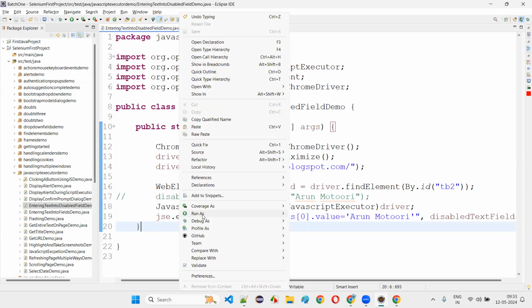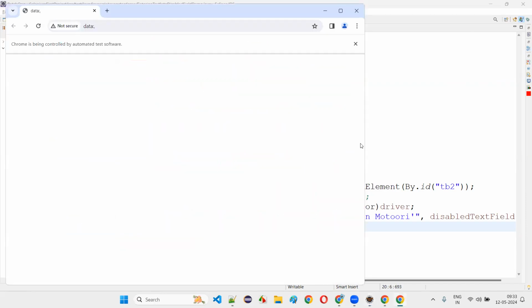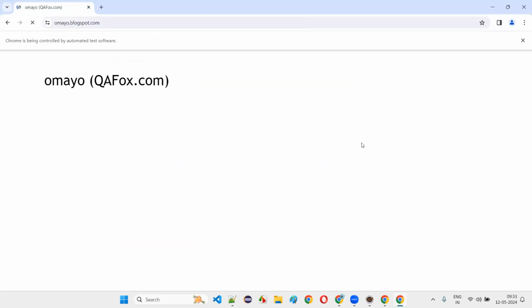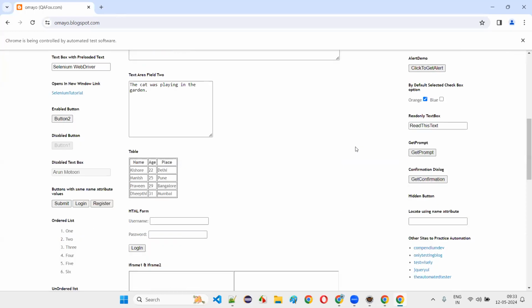So the disabled text box field is able to type the text or not. You see, to the disabled text box fields also, we should be able to type the text using JavaScript executor, but that's not a correct approach. These are disadvantages of the JavaScript executor. If you are using the JavaScript executor with a wrong purpose, it will do this kind of stuff. To some extent only we have to use it, and we have to depend on the Selenium WebDriver commands